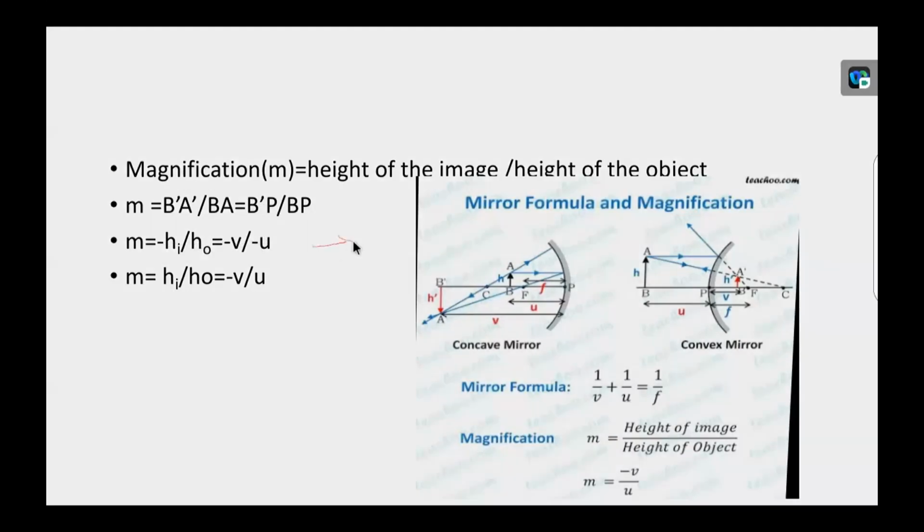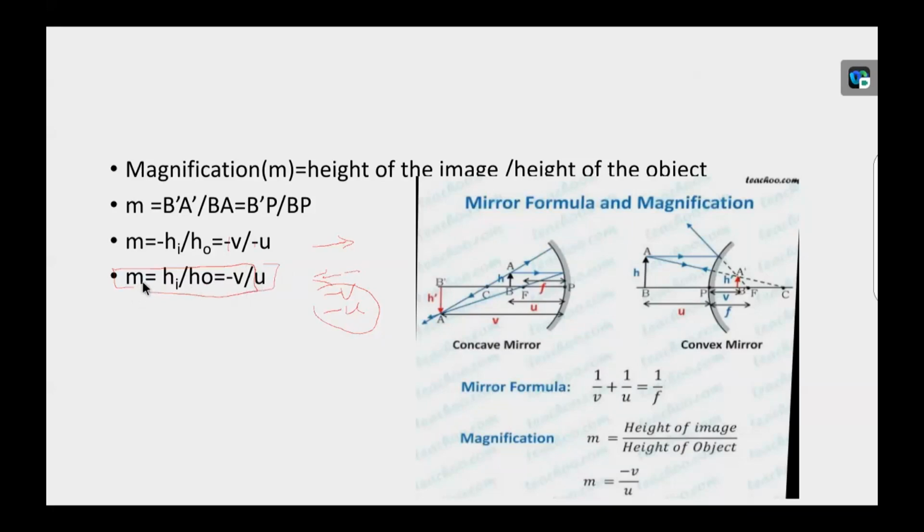Here this is the direction of the incident ray, but we are moving opposite. That's why we are taking minus v, minus u. Negative signs we are taking here. That means B dash P is the image distance, we have taken minus. VP we have taken minus. Here minus gets cancelled. But before hi by ho there is a negative sign; this negative sign sent to RHS means at last we have got the magnification formula, that is m equal to height of the image by height of the object, or the other formula, minus of image distance by object distance. We can take any formula for problem solving.